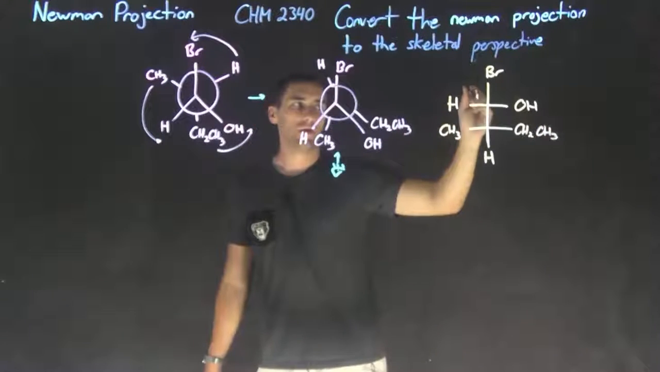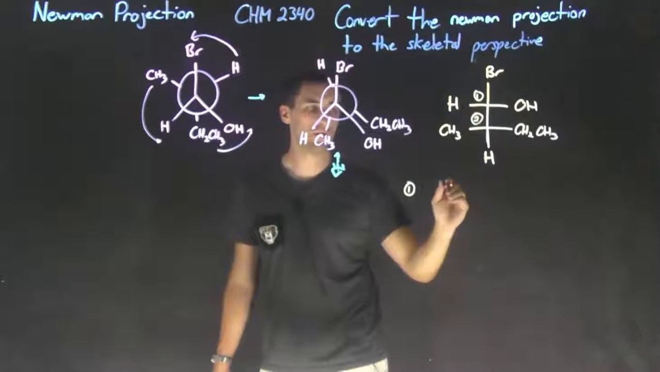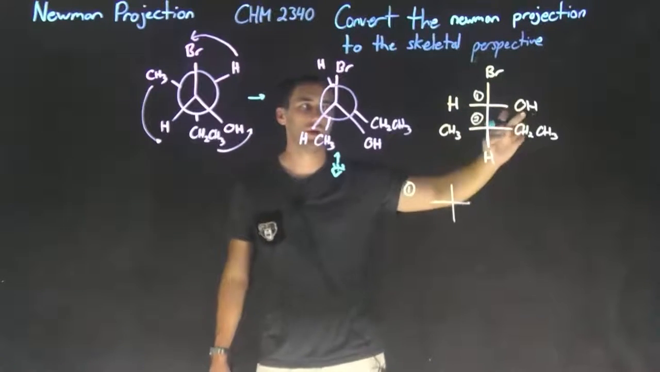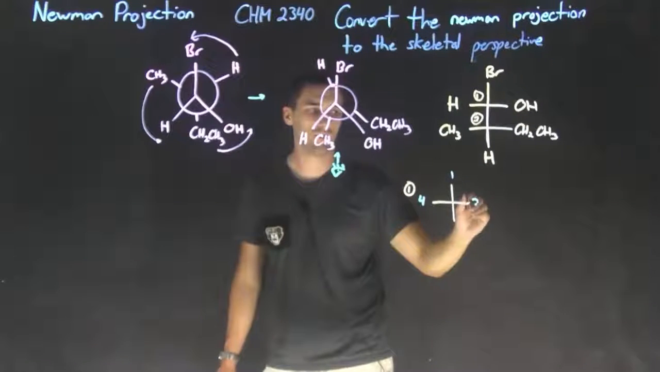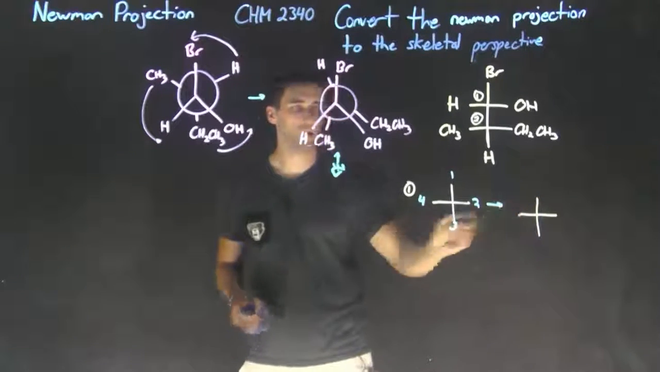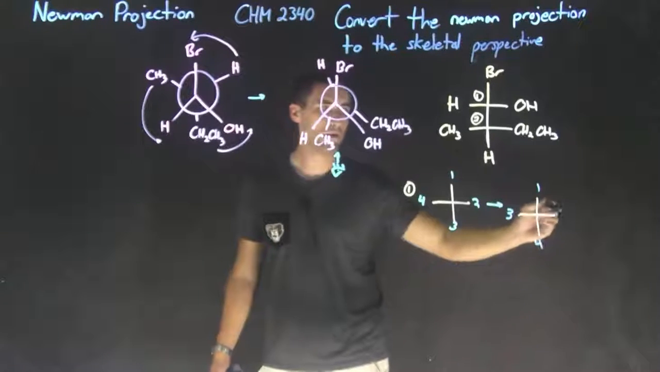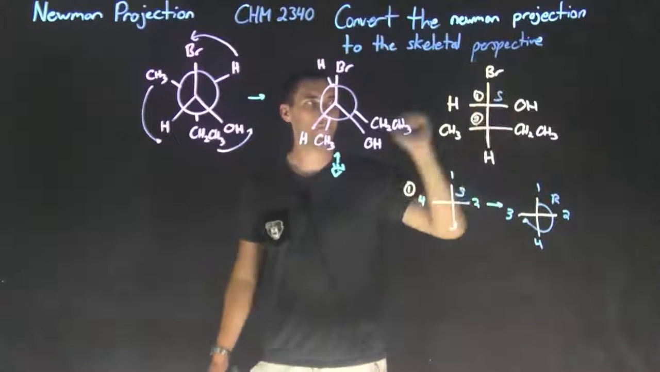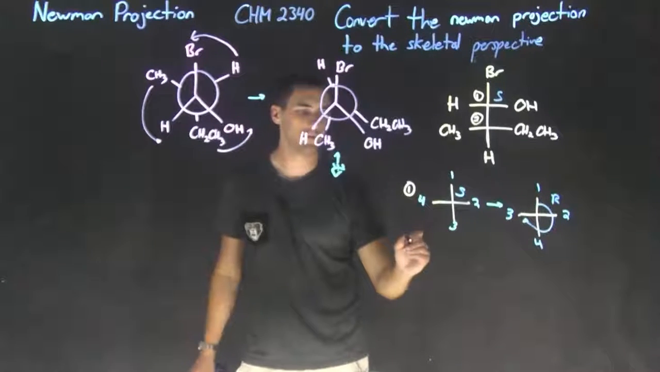Now we have to determine the priorities. We have a choice between bromine and a hydroxy group. Bromine is heavier than oxygen, so it will get a higher priority. Our first carbon will have the absolute configuration of S. For our second one,